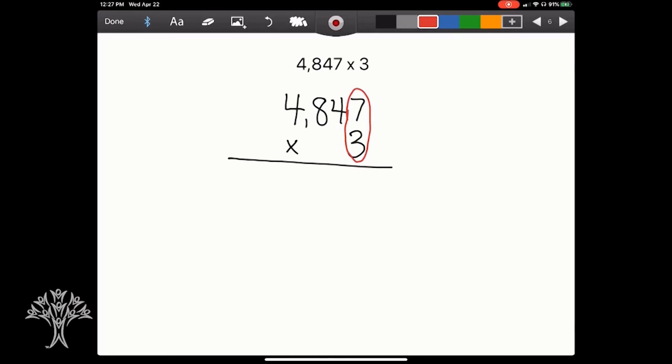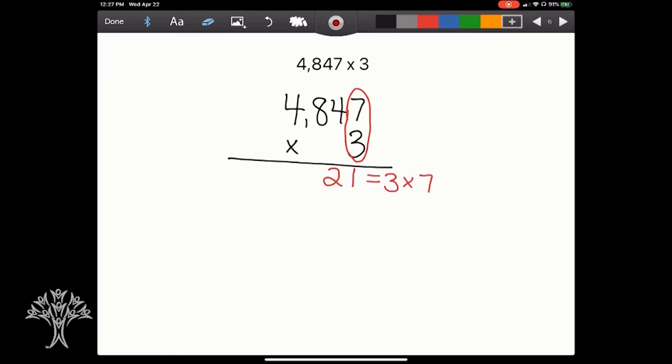And remember what I said, that I'm circling to show you that to make sure you're doing this in the right order, but eventually we don't circle. On the next problem, we're not going to circle just to show that. All right, so the first thing we've got here is a 3 times 7. So thinking about 3 times 7, I'm glad we worked with 7s earlier in our warm-up. That's reminding me that that's 21.